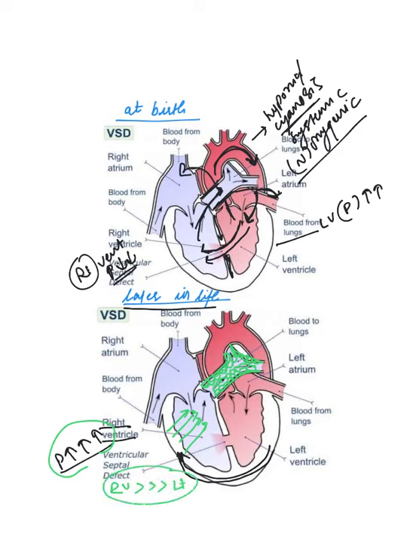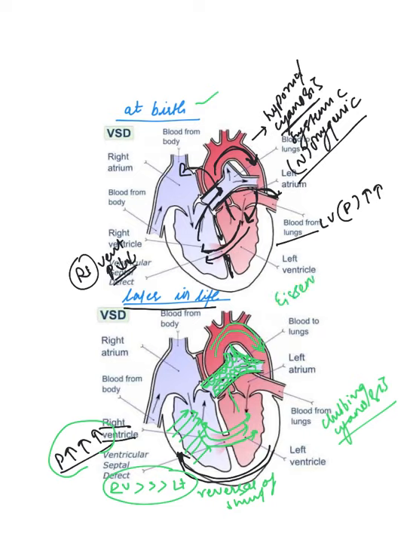So now when the right ventricle contracts, the blood starts to go from the right ventricle to the left ventricle, which is opposite of the condition at birth. So there is a reversal of shunt. Now when this process starts to happen, the patient will start developing clubbing and cyanosis in adulthood, because now the deoxygenated blood is entering the left ventricle and is going into the aorta and into the systemic circulation. So this process is called Eisenmengerization.